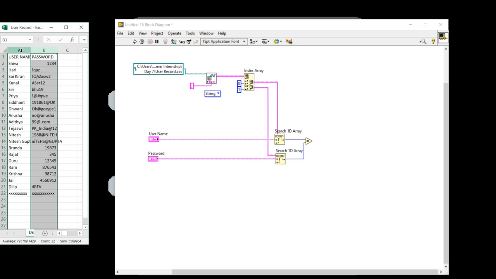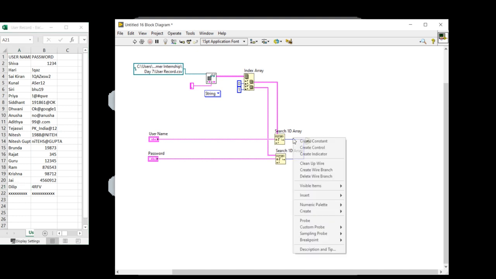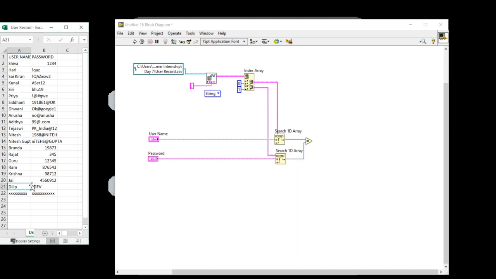Okay, so now using this program we are able to break both columns. From column number A I'm going to target the username, right? Here if the username is Dilip, it will generate the index value 20. Okay, why 20? Count 0 1 2 3 4 5 6 7 8 9 10 11 12 20.